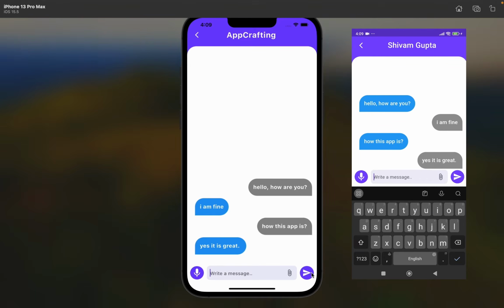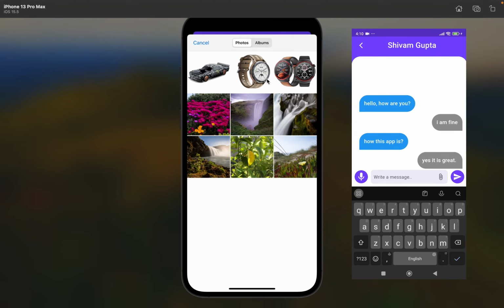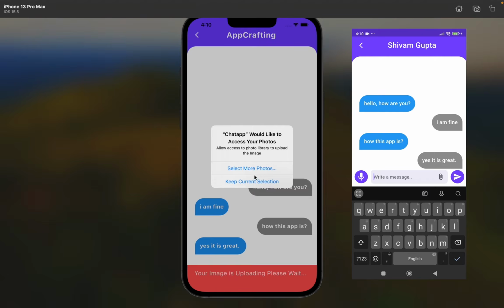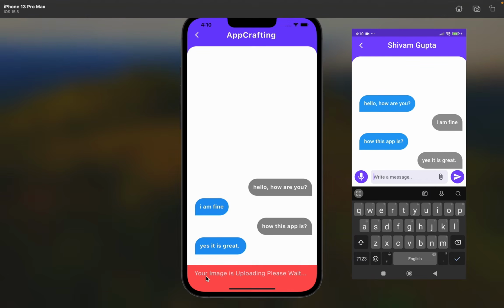Yeah, so here you can see that the two users can simply have an awesome chat between each other, one to one, in no time, and we can simply get a message from one device to the other. Now let's move and send the image to Shivam. Like if he asked me for an image of the watch, I will simply send the image of the watch from here, and will simply send the image, and you will see that it